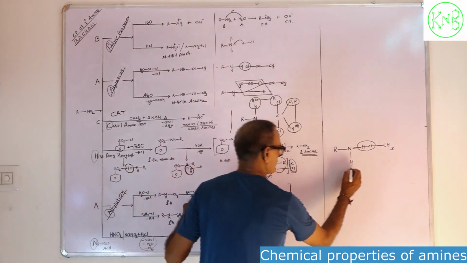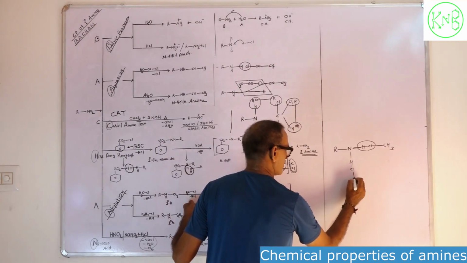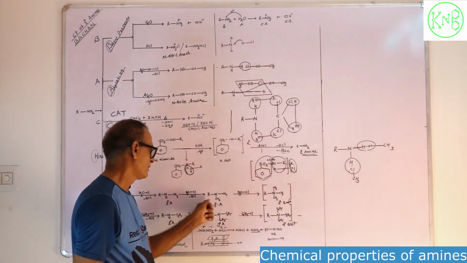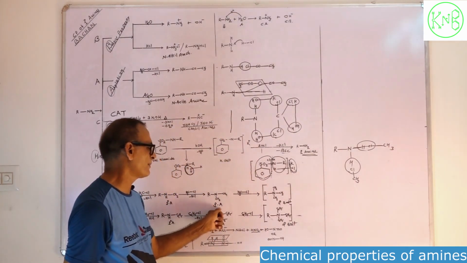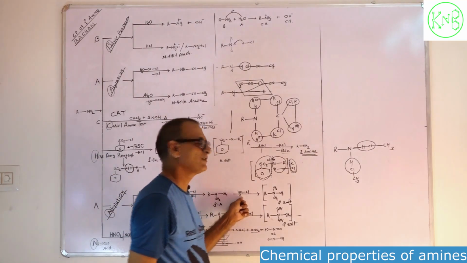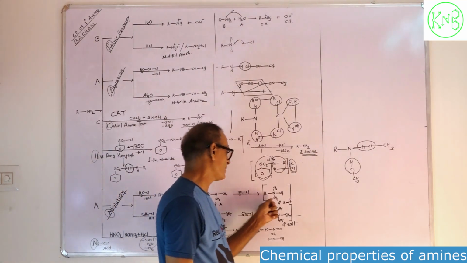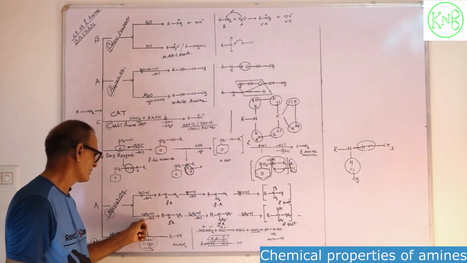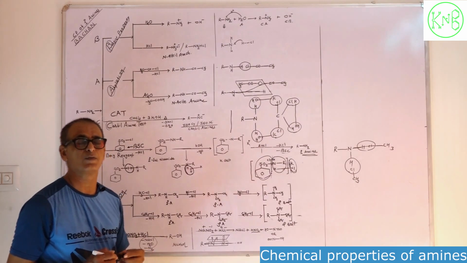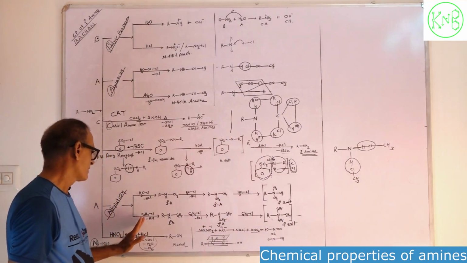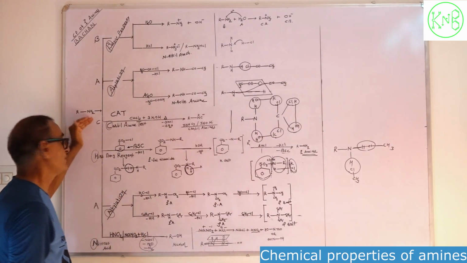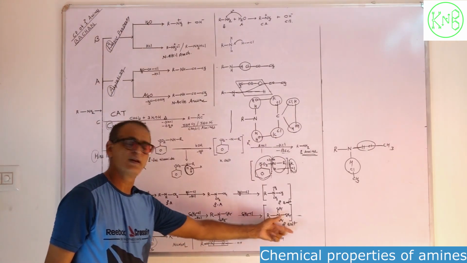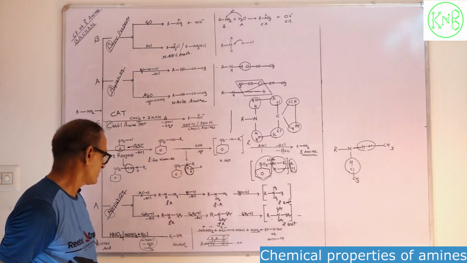Further reaction with a second molecule of methyl chloride, then HCl will be removed as a byproduct. It will give a tertiary amine. On further reaction with methyl chloride, it will give a quaternary ammonium salt. Similarly, during the ethylation, one by one ethyl group will be introduced and hydrogen will be removed as a byproduct, and finally it will give a quaternary ammonium salt.